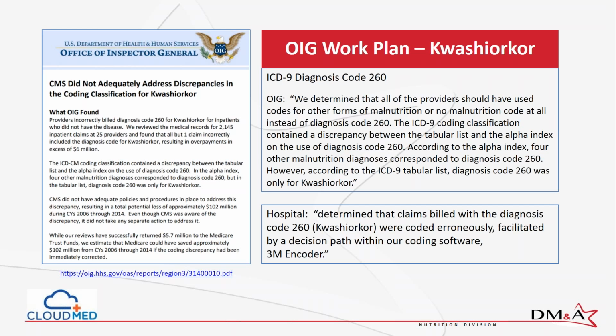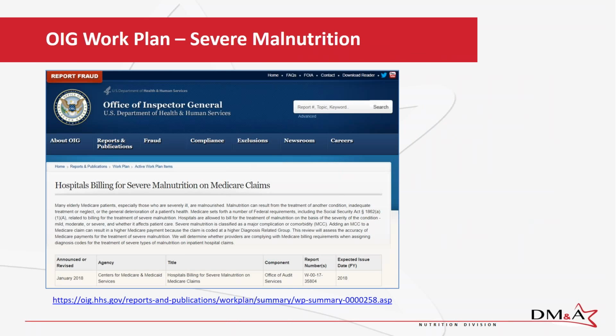And while they did recover almost $6 million, it's really a small percentage of what they could have, based on this coding and indexing error that was discovered and acted on by the OIG. Many times it was not intentional,